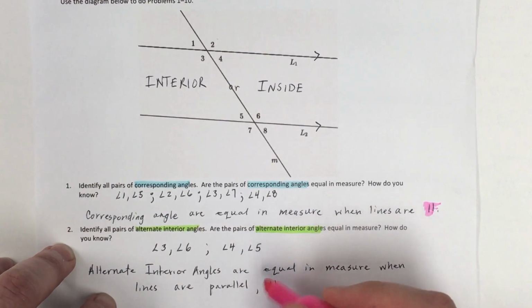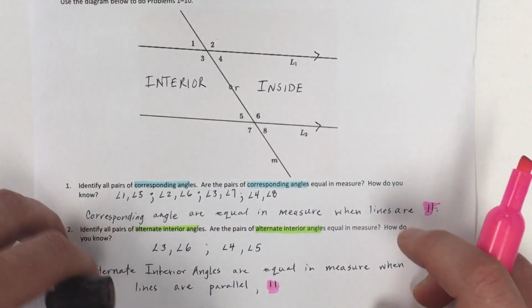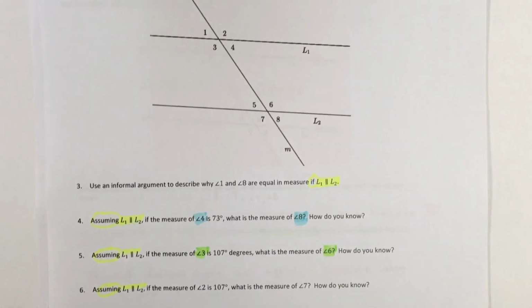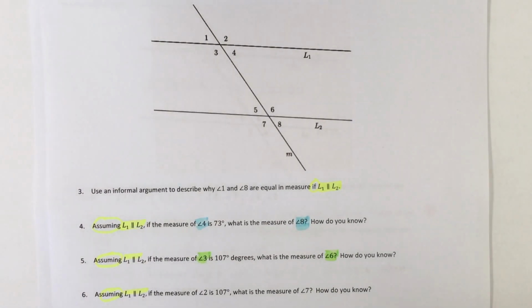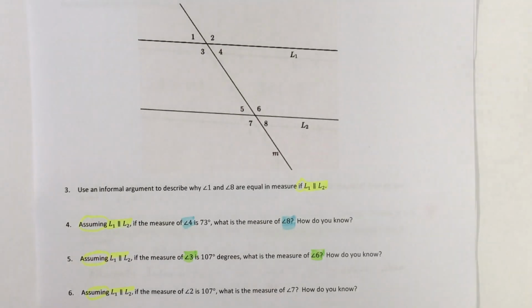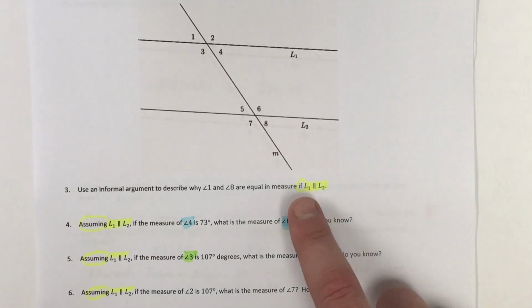So again, you might want to pause the video to catch yourself up. Make sure you can define what alternate interior angles are. And that becomes really important. Continuing. We have the same image. I just copied it onto the paper for you guys. Went through and preemptively labeled and highlighted some things. So every time I have